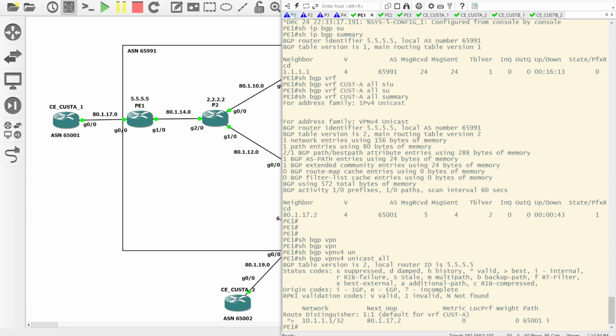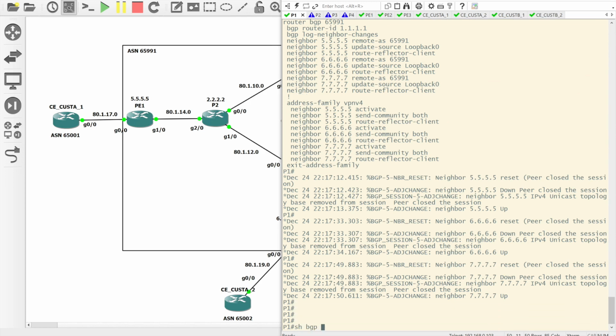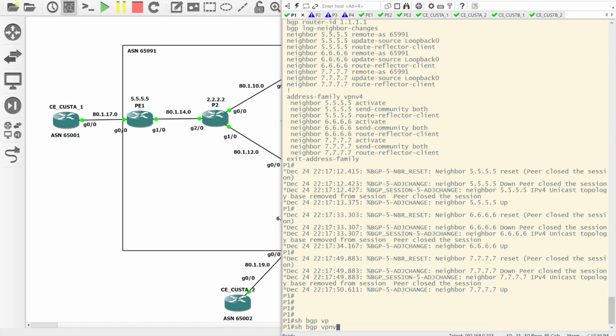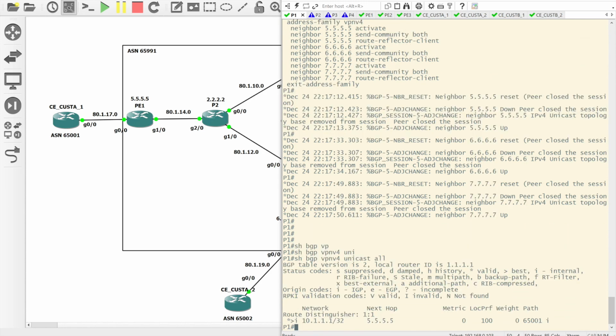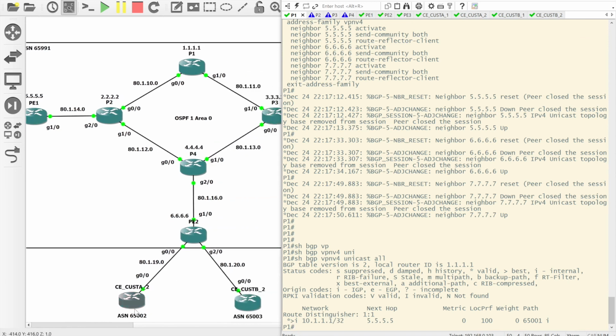In theory, we should also be able to see this route up at P1. So if we do a show BGP VPNv4 unicast all, we can see that route's up here as well. The next hop is correct. That's P1. So if we now do the same configuration for this router down here on PE2,